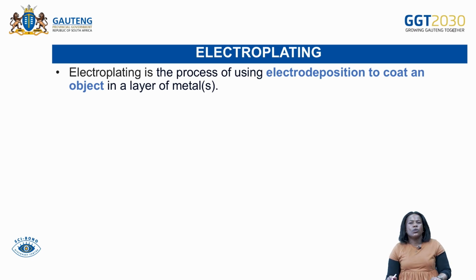So we usually do electrolysis when we are electroplating. Electroplating is the process of using electrode deposition to coat an object with a layer of a metal. So we'll have a metal, and we're trying to coat, whether you want to coat your spoon, your necklace, your earrings, anything that you want to coat with a certain metal. For example, we can have a metal like gold, and you want to plate your earrings to be gold. So what you'll do is that on the cathode side,